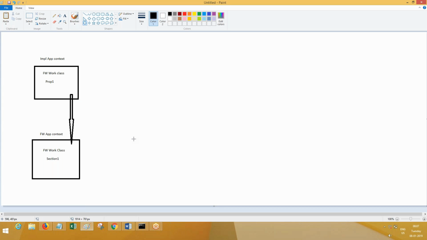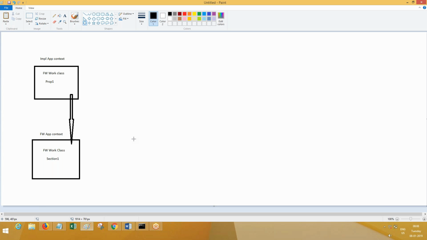If you look at class inheritance, it should be possible. But PRPC will not only take class inheritance while using the rules. It will also consider the application context. So inheritance is not with respect to only classes, but also with application context. Scope of property 1 is there only for the implementation application level, even though it is in the framework class.